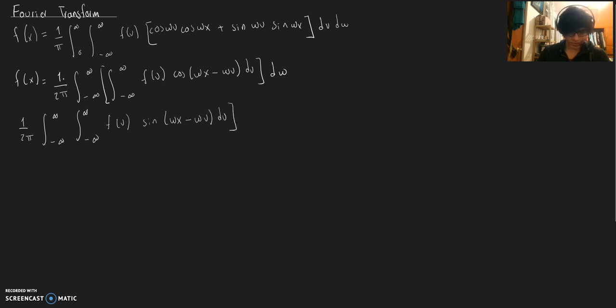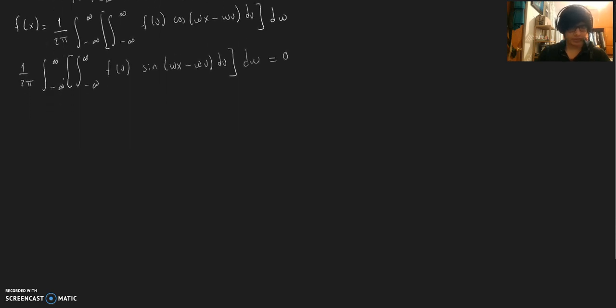However, as this is an odd function, the integral from minus infinity to infinity of the same function will always give a value of 0. Just to take this into consideration, we can also now consider this other equivalency